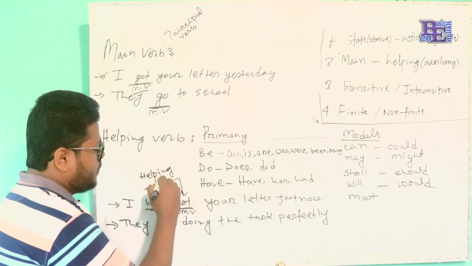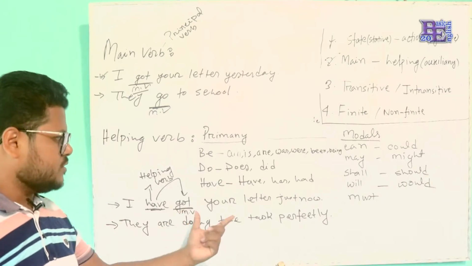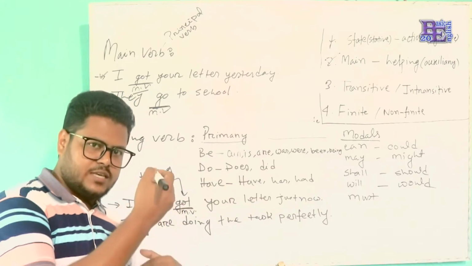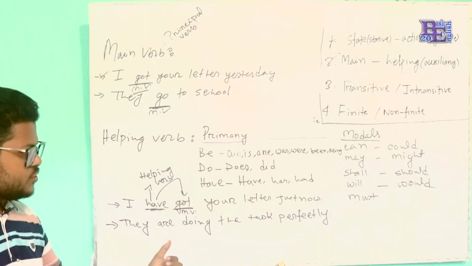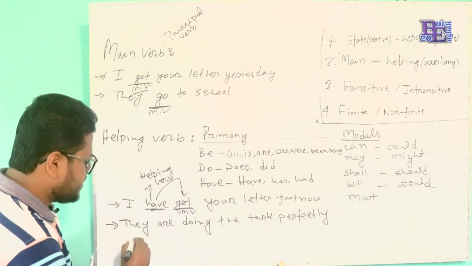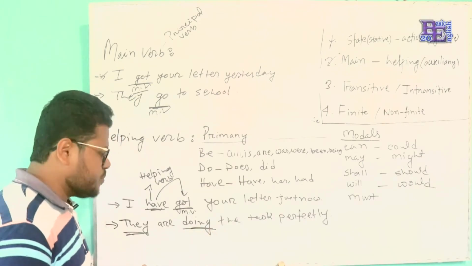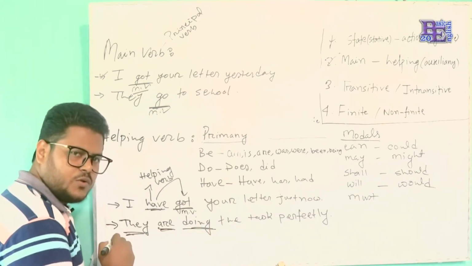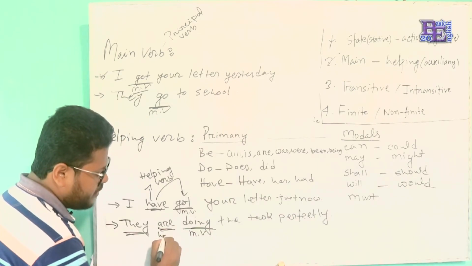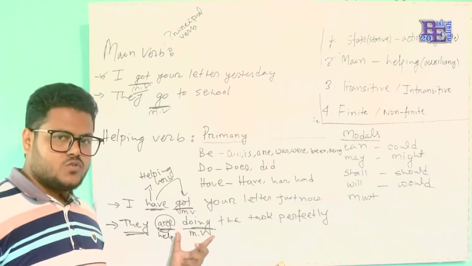Helping verb. And got is the main verb here, and this sentence is in present perfect tense. So let's see another example. Next, they are doing the task perfectly. Here the subject is they and the main verb is doing, and doing is helped by are. So here doing is the main verb and are is the helping verb, because are has helped doing to express the